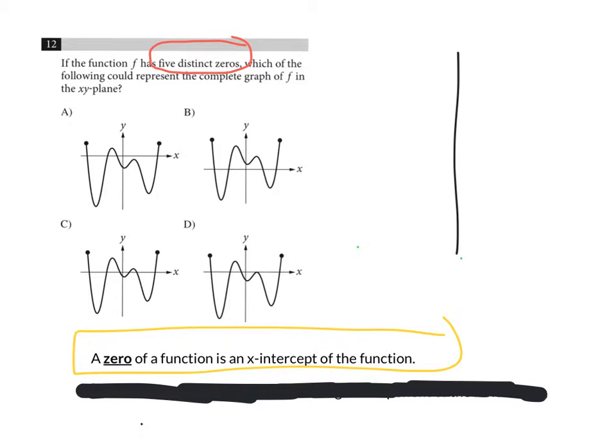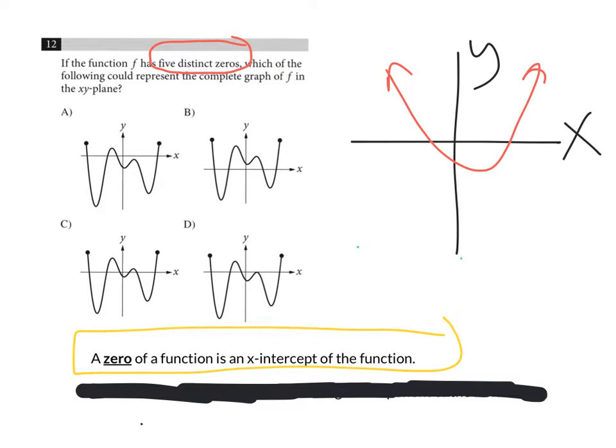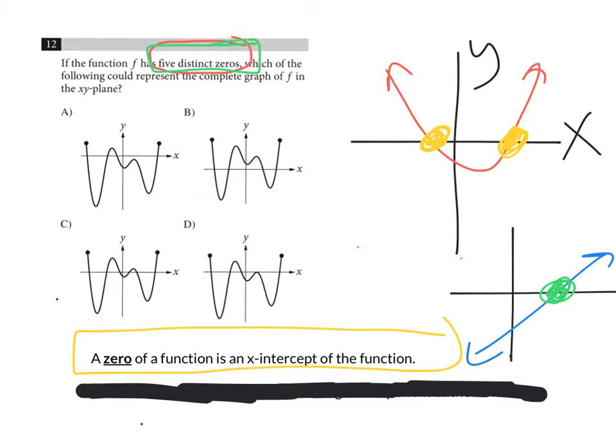So if you think about a graph, you have your x-axis, your y-axis. If I draw a parabola, this parabola has 2 zeros, 2 x-intercepts, because the parabola crosses the x-axis at 2 different points. If I draw a line on the graph, this line that I drew has 1 zero, 1 x-intercept. So this particular question says if a function has 5 distinct zeros, which of the following could be its graph? Look at each of the graphs and look at the